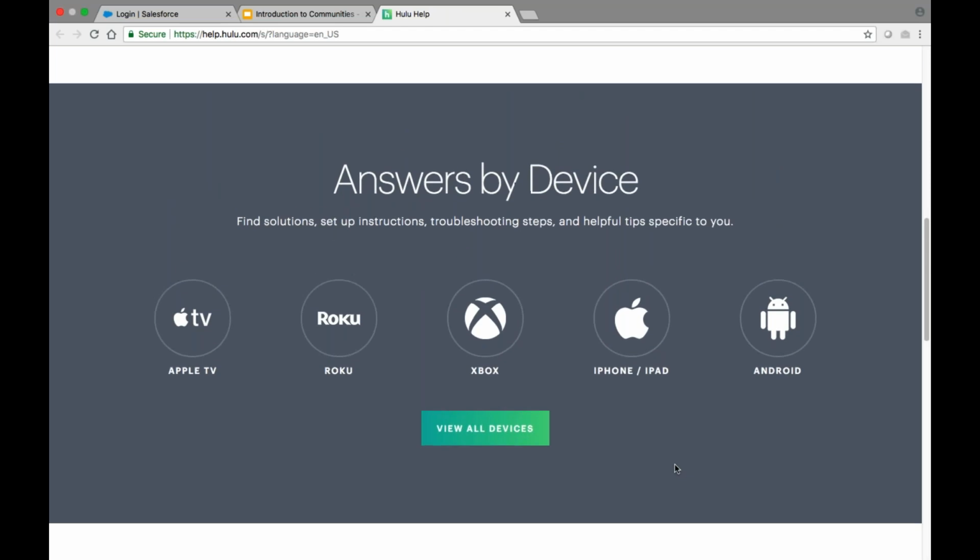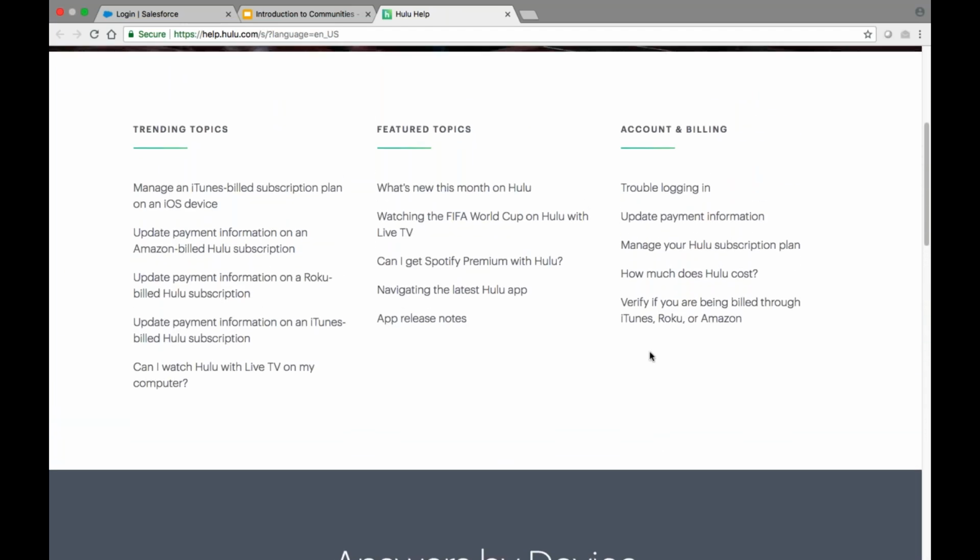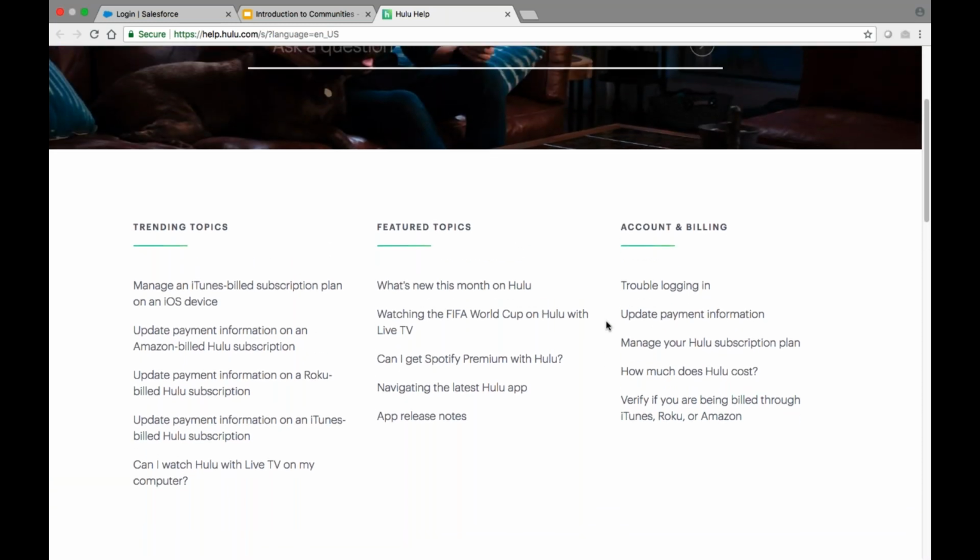So, as we mentioned, all of these sites are built on Salesforce communities. They all achieve their business's goals, but they all look very different. So how it looks and how it turns out is up to you. But we provide all the tools to make it look that way.